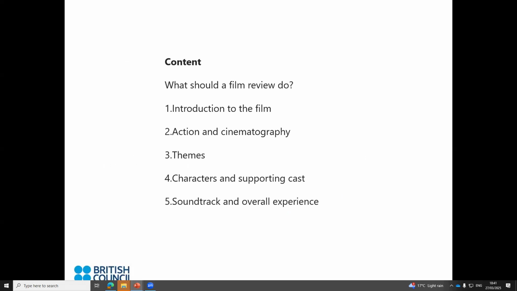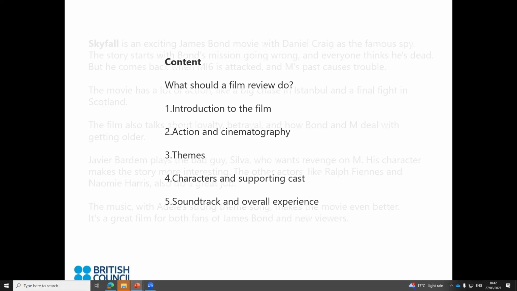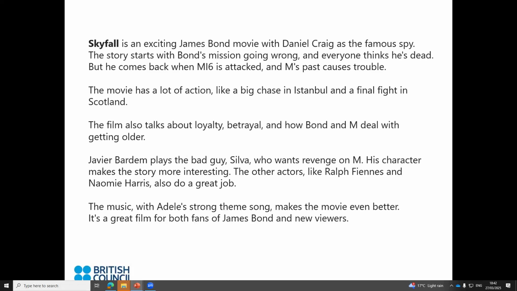It should introduce the film, describe any action or scenery or cinematography, talk about any themes which are introduced in the film, of course, bring the characters to life, talk about the characters and the supporting cast, and maybe comment on the soundtrack as well as a recommendation about the overall experience. So, once again, if I go back to my review, you can see that those four or five ingredients are